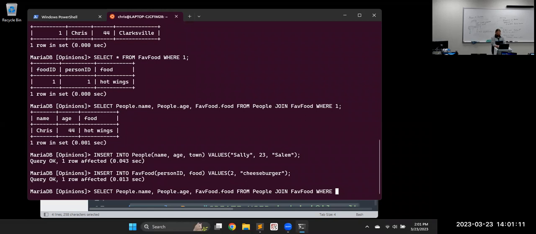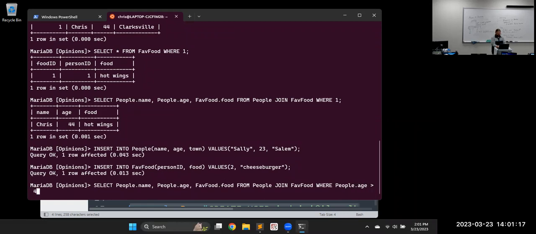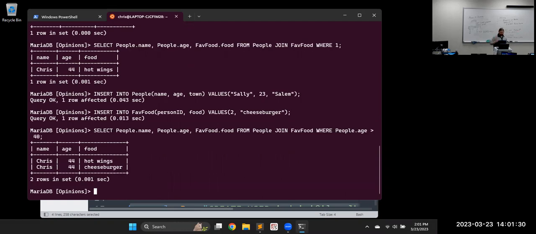I'm going to change this condition where people.age is greater than 40. So now it's not all conditions are met. Only half of our data set's going to fit with this, right? And we don't need all of the data that's over in storage. It'll automatically grab those 2. I found 2 of them because it looked at 2 records. There's ways to get rid of the duplicates and stuff, but